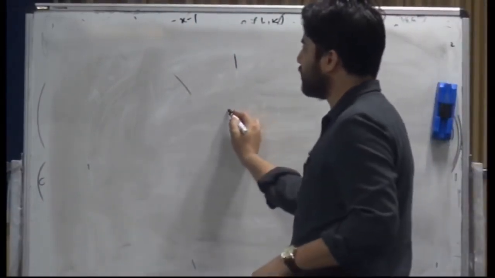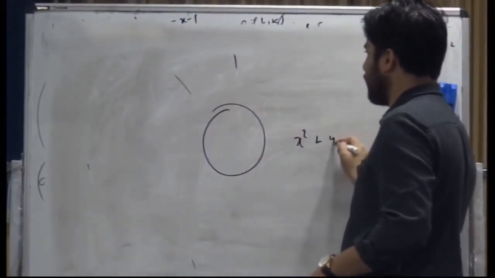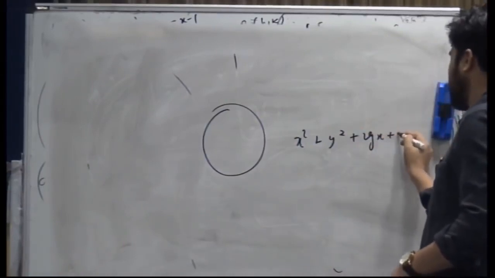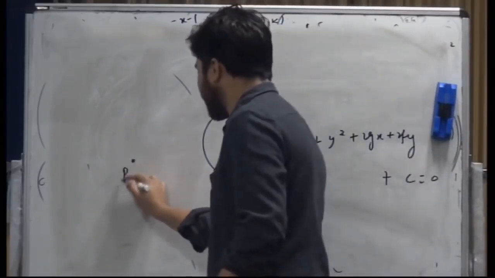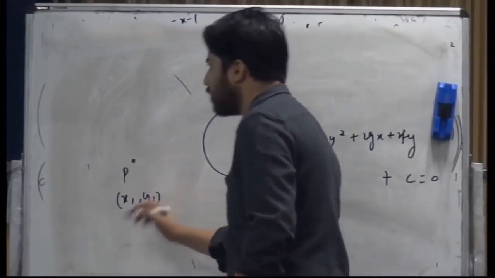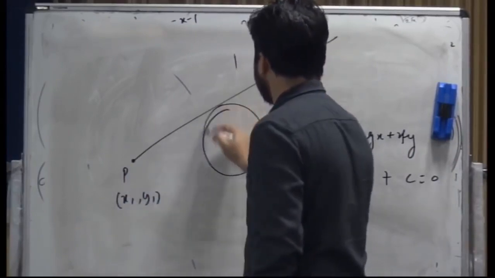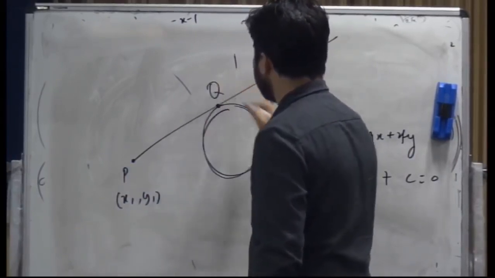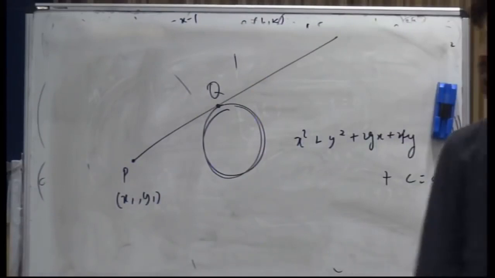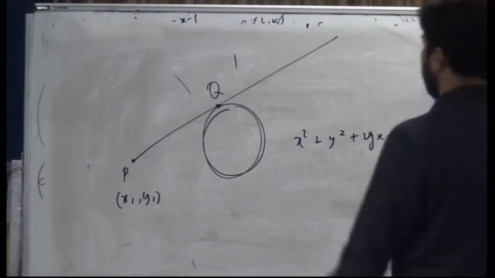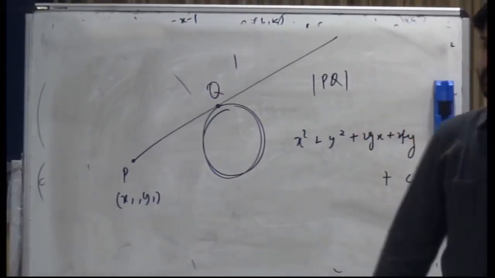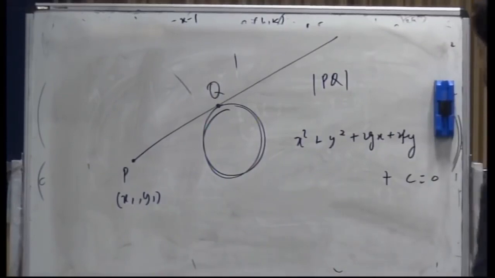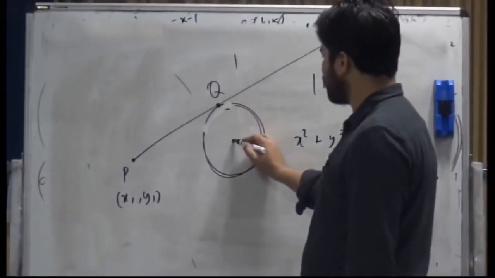You have a circle. What's the equation of this circle? x square plus y square plus 2gx plus 2fy plus c is equal to 0. You have a point P lying outside whose coordinates are x1, y1, and then you have drawn a tangent which is touching at Q, right? Now you have to find the length of PQ. ठीक है, this is a class 10th question. This is your center,